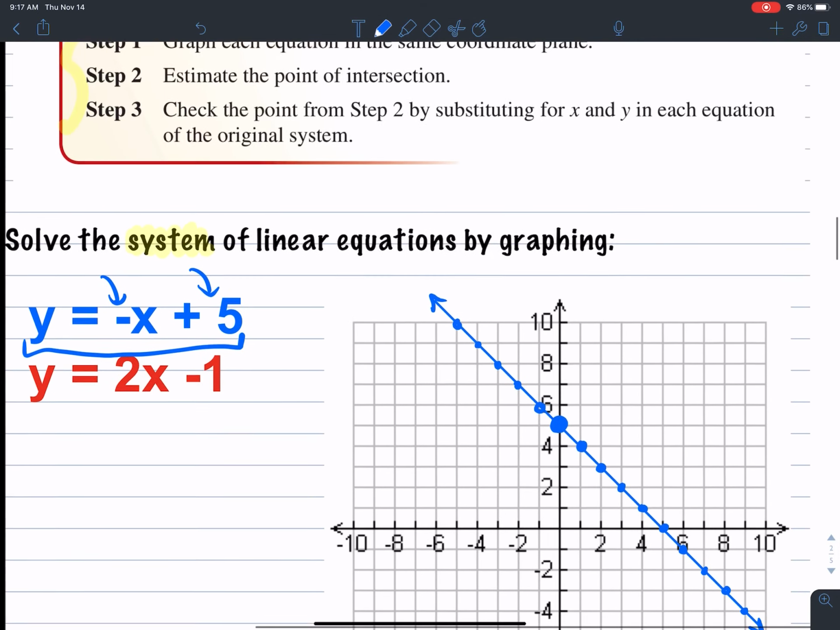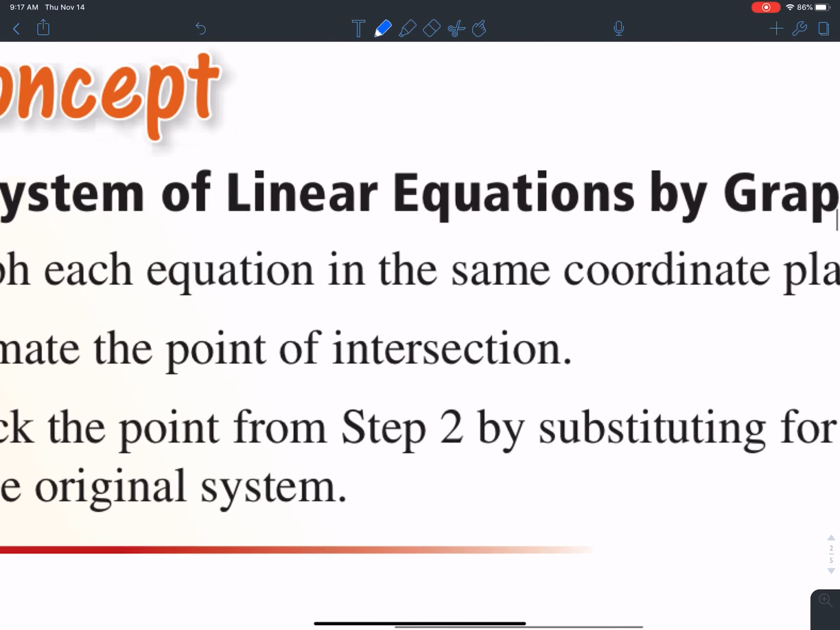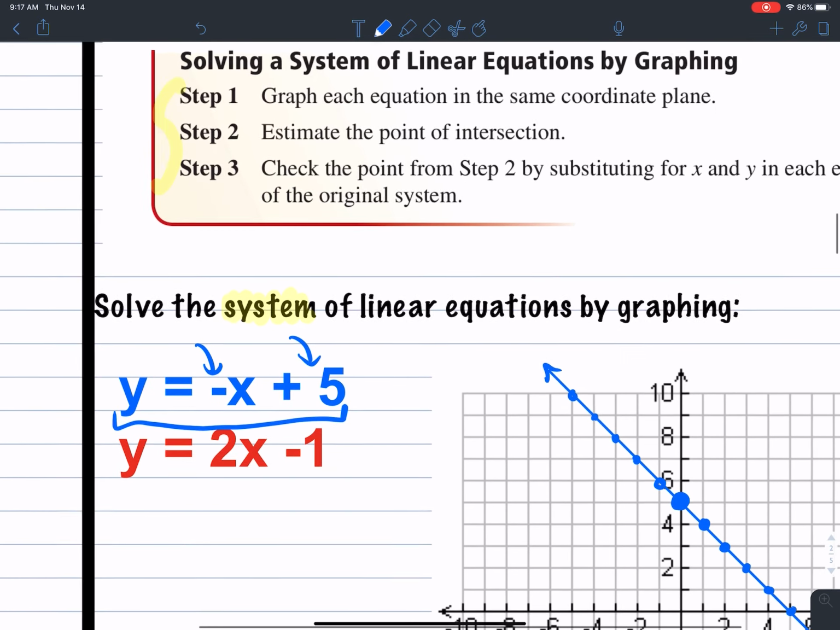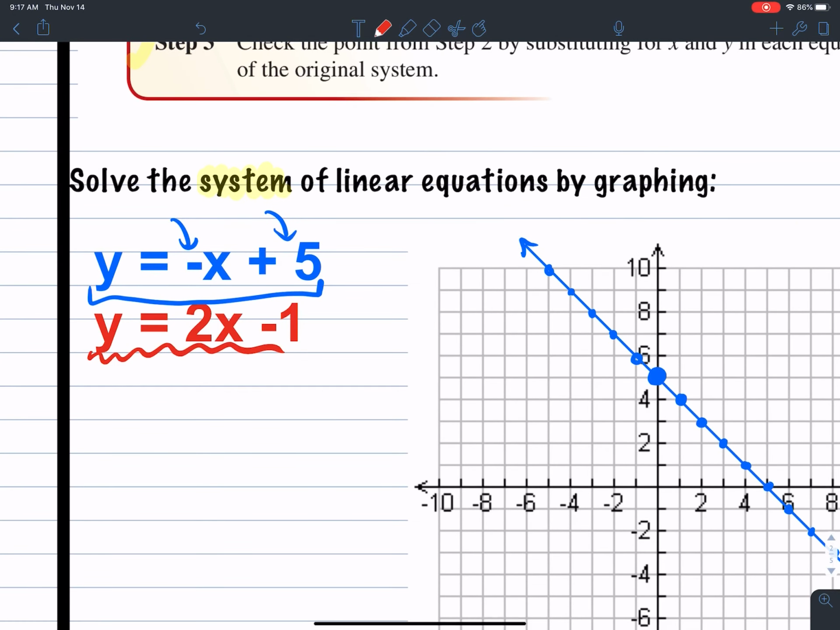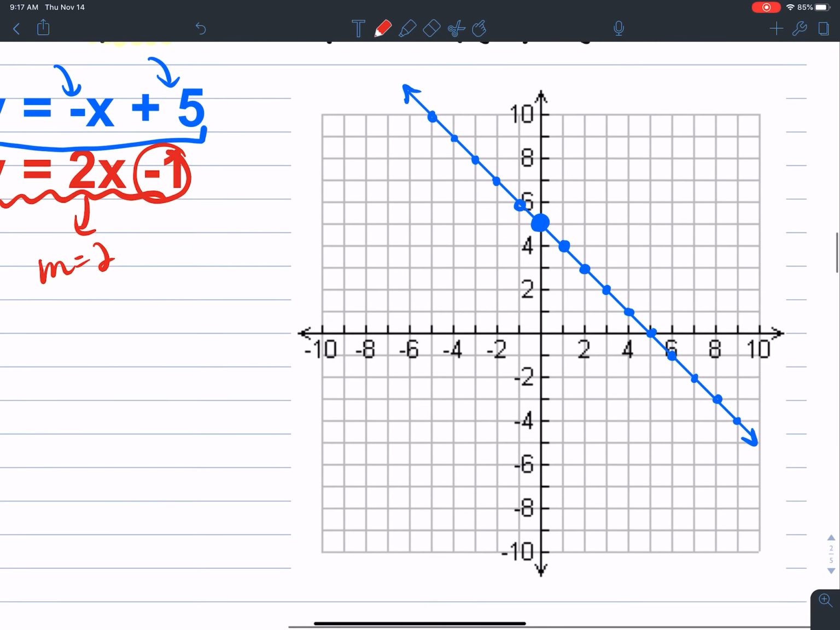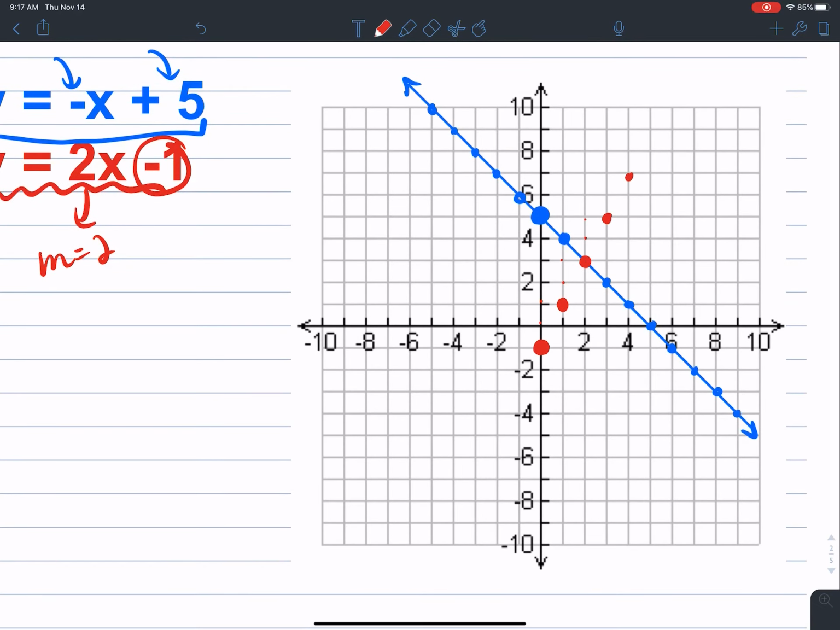Step 2, we're just working on graphing each equation in the same coordinate plane. So I graphed the first one, now I'm going to graph the second one. This is also in slope-intercept form. The y-intercept is negative 1, and the slope is 2. So I'd start at negative 1, and I go up 2 and over 1, up 2 and over 1, up 2 and over 1. And I'd keep doing that, and I'd make my line. I could go down 2 and over 1 as well. So when I connect the dots here,